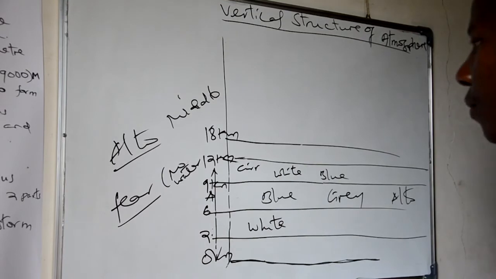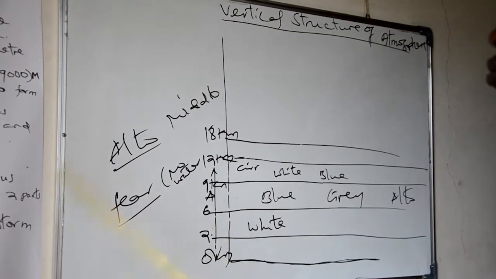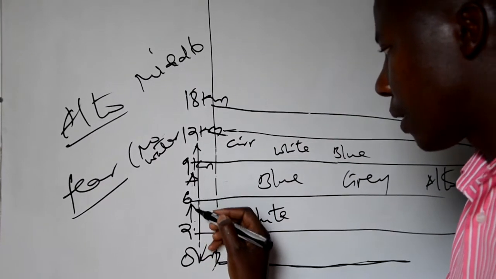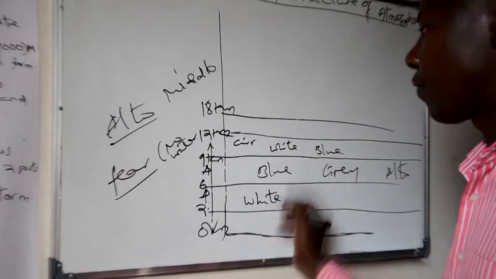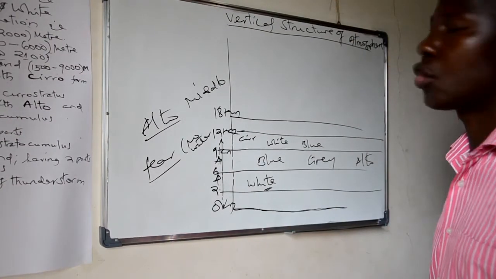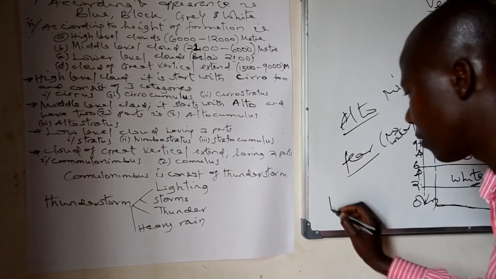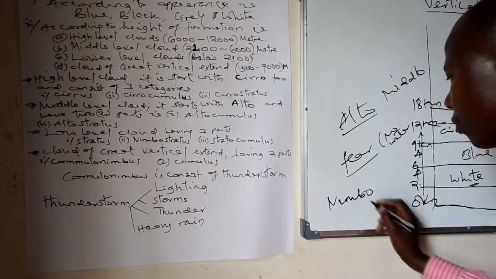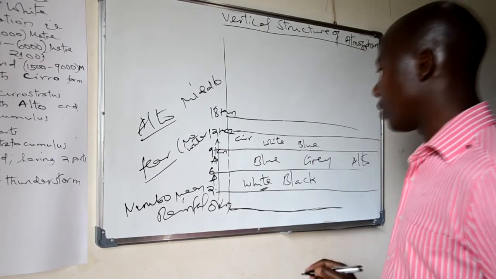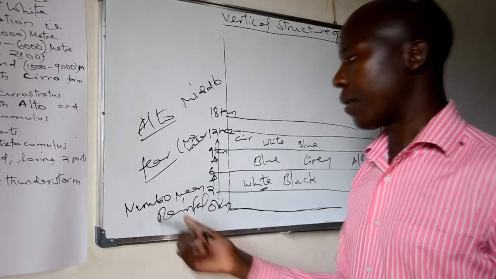This stratus is taking place in the area of 2.1 kilometers up to 6 kilometers above the sea level, and it is fair in nature. Nimbostratus. Nimbo means rain. Therefore, most of the rain formation takes place in these clouds, which are blacker in nature. And wherever you observe blacker cloud in the sky, automatically the rain will appear on the earth's surface.